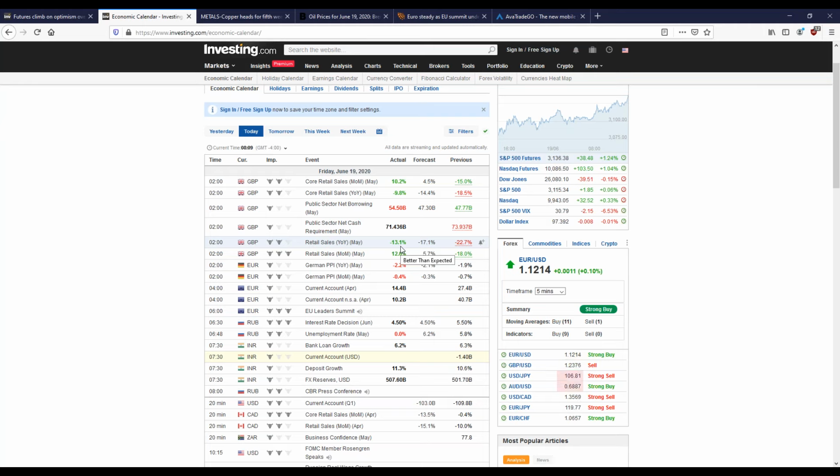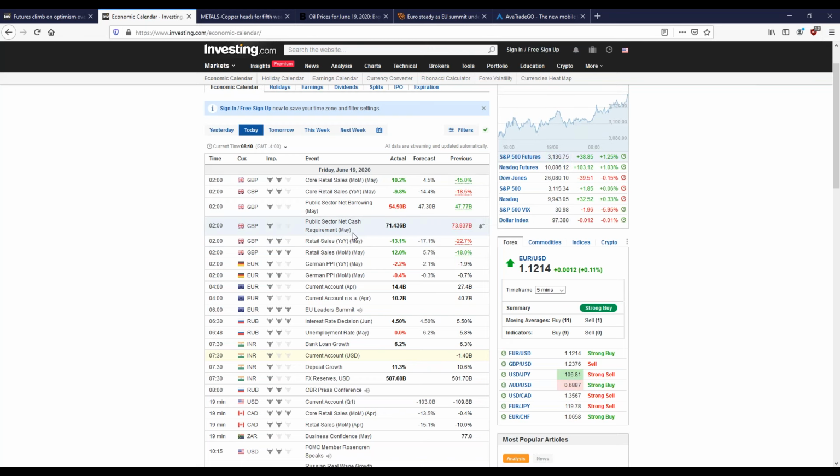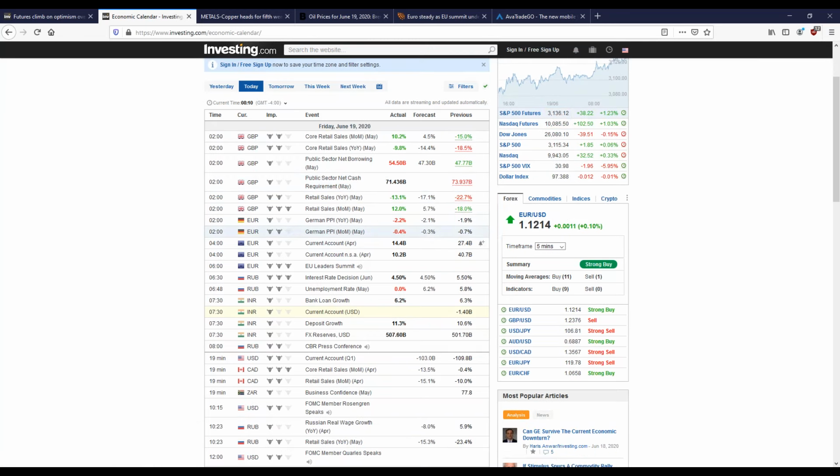Okay, the core retail sales factors out specific items that can skew the numbers, and retail sales includes everything. But they were all green, all these retail sales numbers. And out of the European Union, there were some negative numbers,